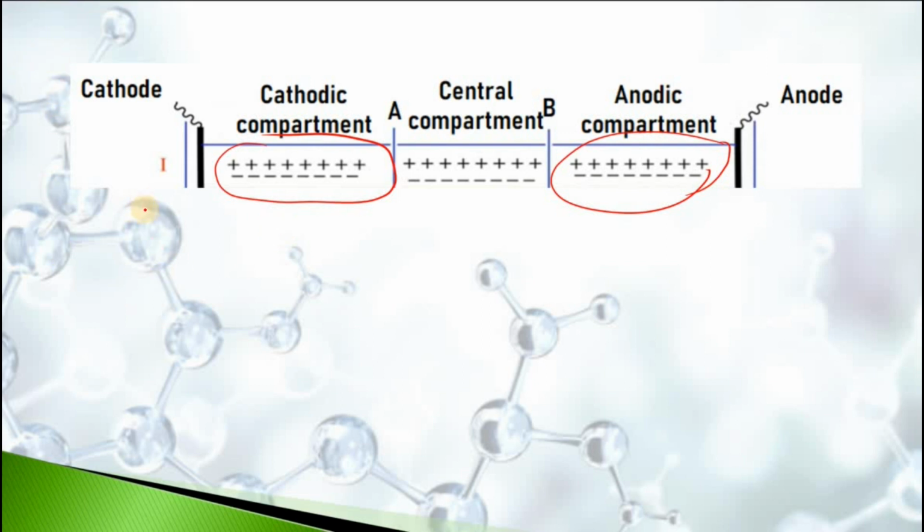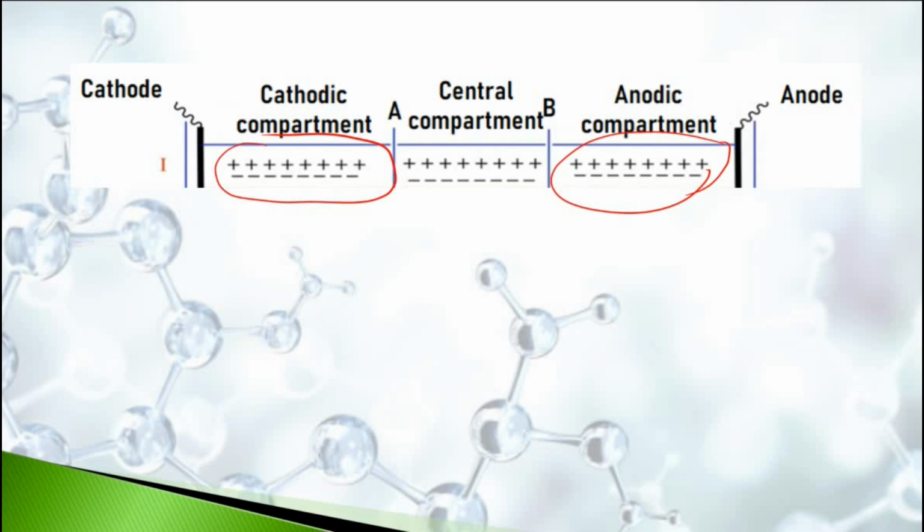So the fast moving ions will result in more decrease in the concentration than slow moving ions. So there will be decrease in concentration around cathode and anode on applying potential, and this decrease will directly depend